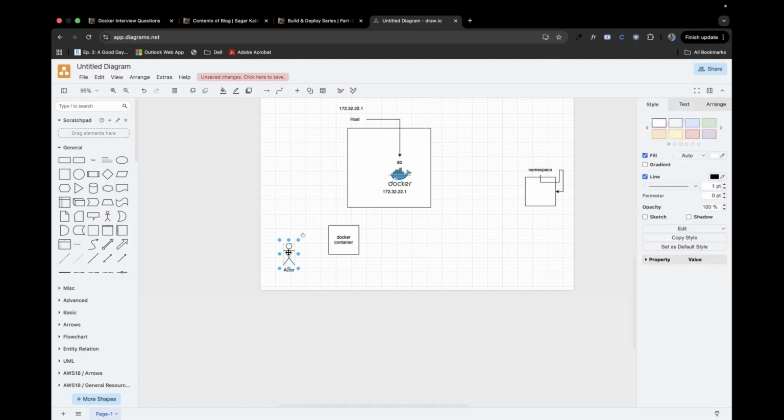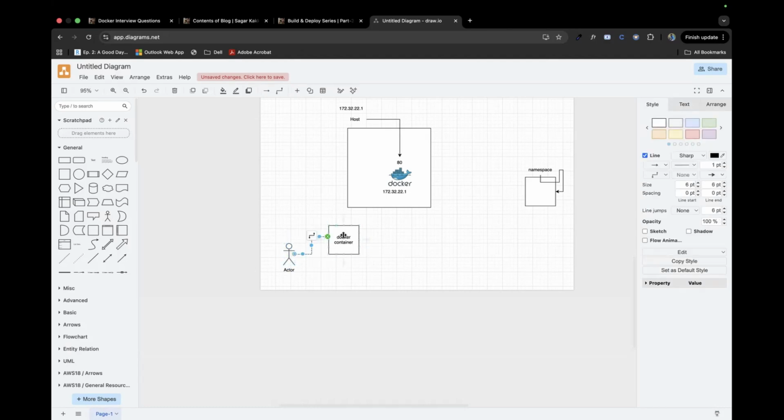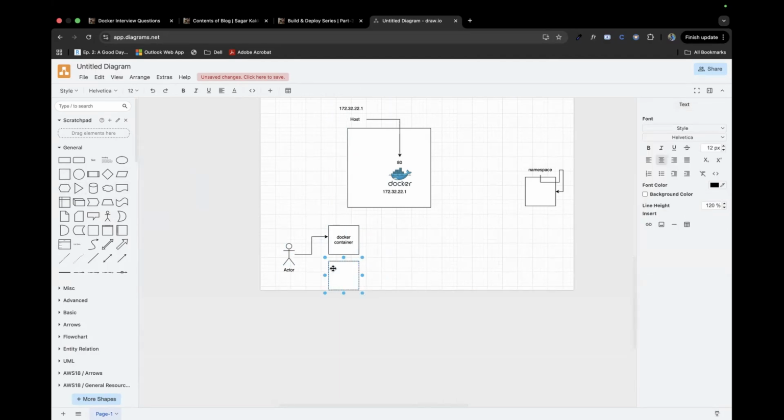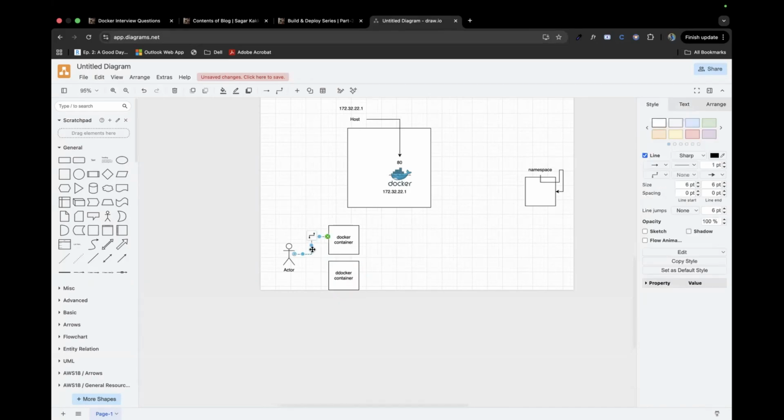If your load is getting high, you had to turn up another Docker container manually, and you had to make sure the networking passes to both these containers. Let's say from here it has access to both these containers.